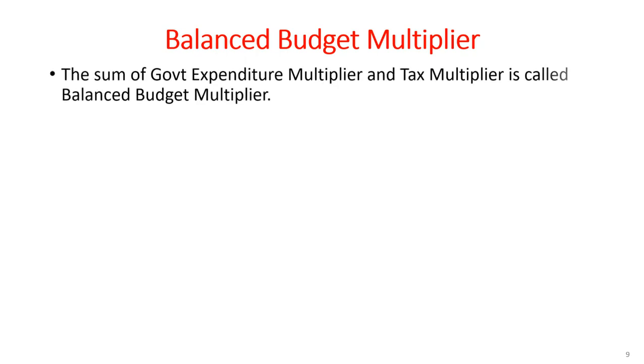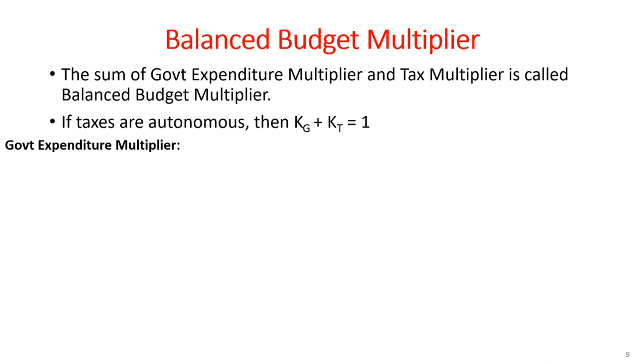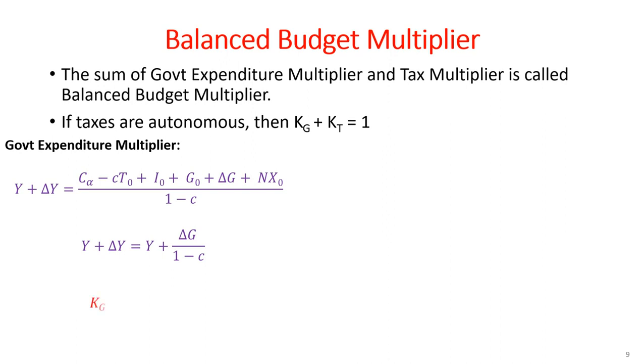Next is balanced budget multiplier. The balanced budget multiplier is the sum of government expenditure multiplier and tax multiplier. If the taxes are autonomous, then the sum of two is equal to 1. The government expenditure multiplier, which represents change in national income due to change in government expenditures, can be represented as, which can be simplified to, and government expenditure multiplier is